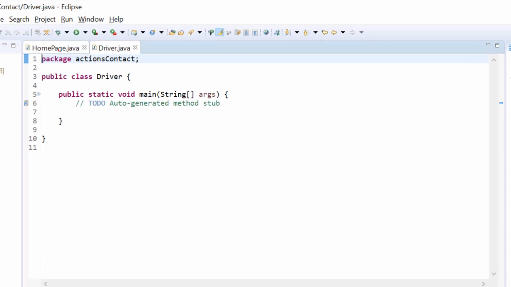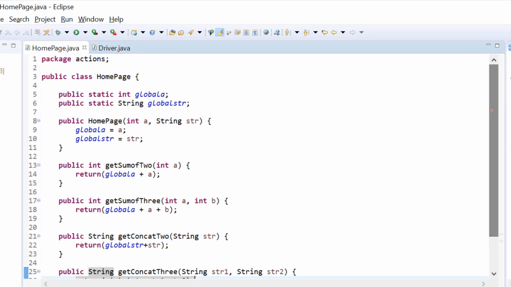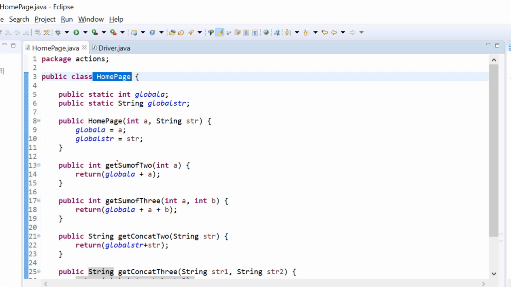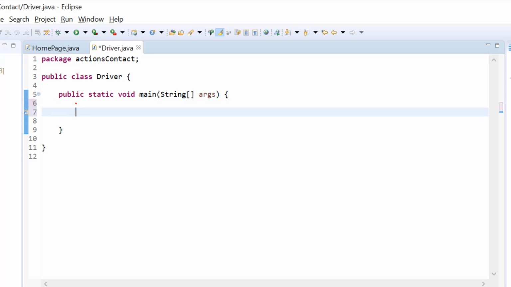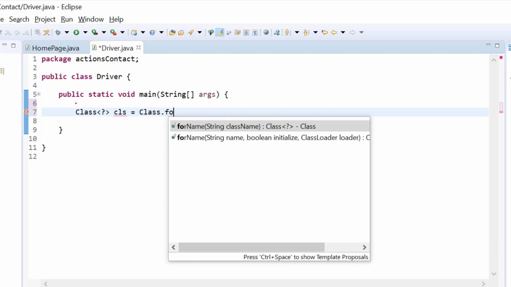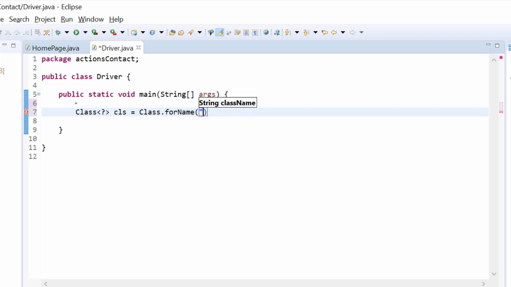So now in this driver class, I would like to load the homepage class dynamically, and I would like to call all these methods. So in the driver class, first I have to load the class. For loading the class, we have the Class.forName method, which returns an object of the type Class. In angle brackets we will put a question mark, that means this class can be of any type, and the object name is, let's say, cls equals Class.forName. And here we have to give the package name dot class name. The package name is actions here, because we want to load the class homepage. So the package name is actions.homepage,